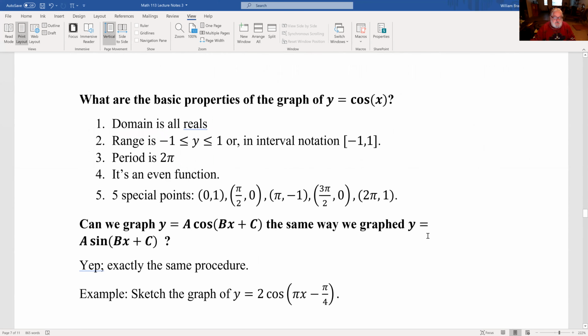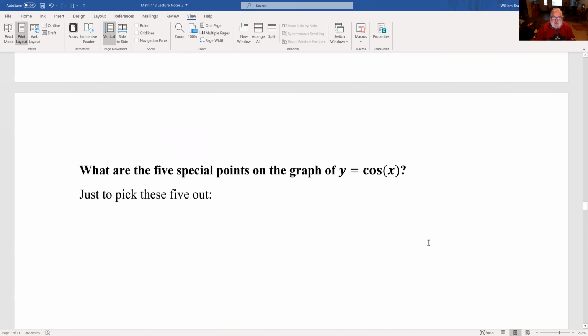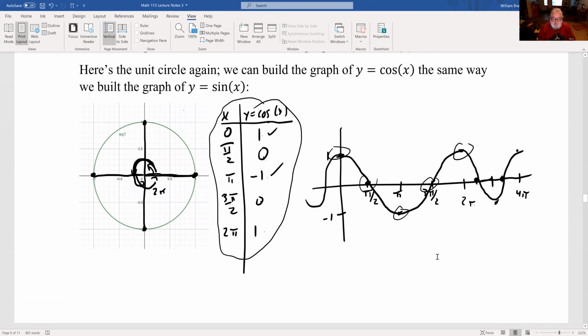So basic properties of the graph of cosine: the domain is all reals, the range is -1 to 1, the period is 2 pi. It's an even function, right? So if we,